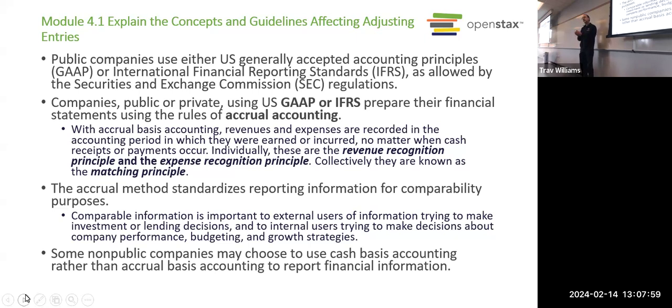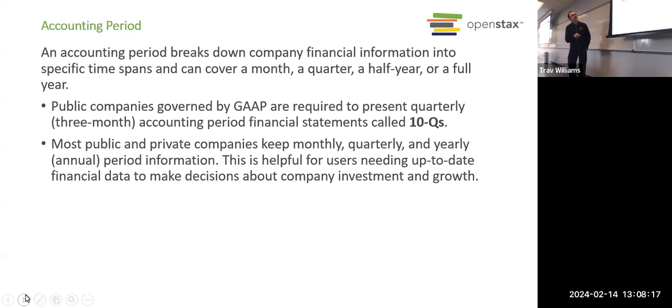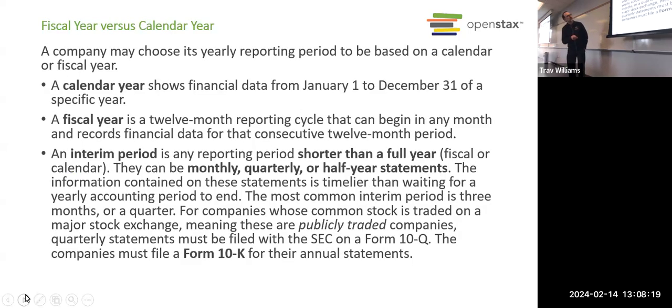So you can have situations where the action of making the sale or incurring the expense happens in a different period than when the money changes hands, right? And that's why we have to do adjustments to adjust for that separation in time. So that is really what this whole chapter is about. We know that financial statements can be annual. They can cover an entire year. They could be for shorter periods, like a quarter or a month.